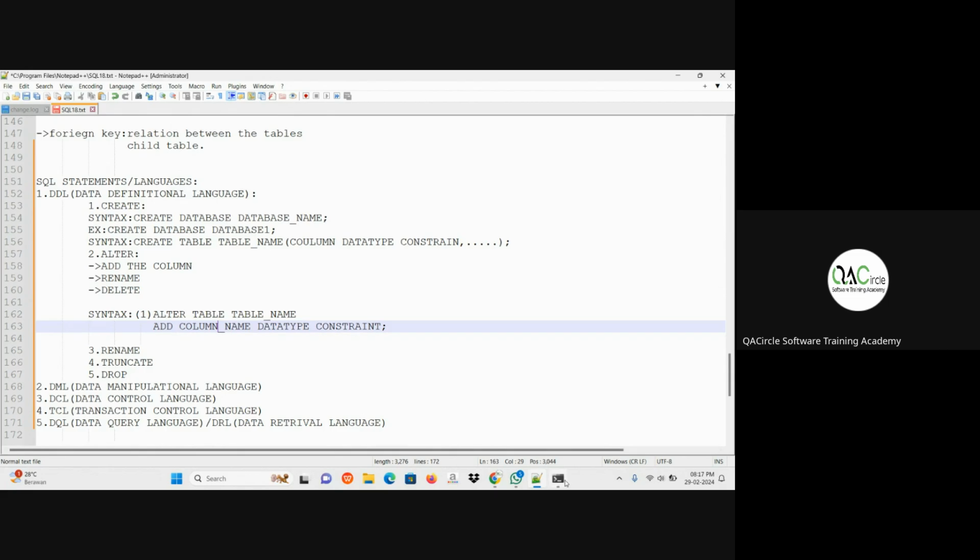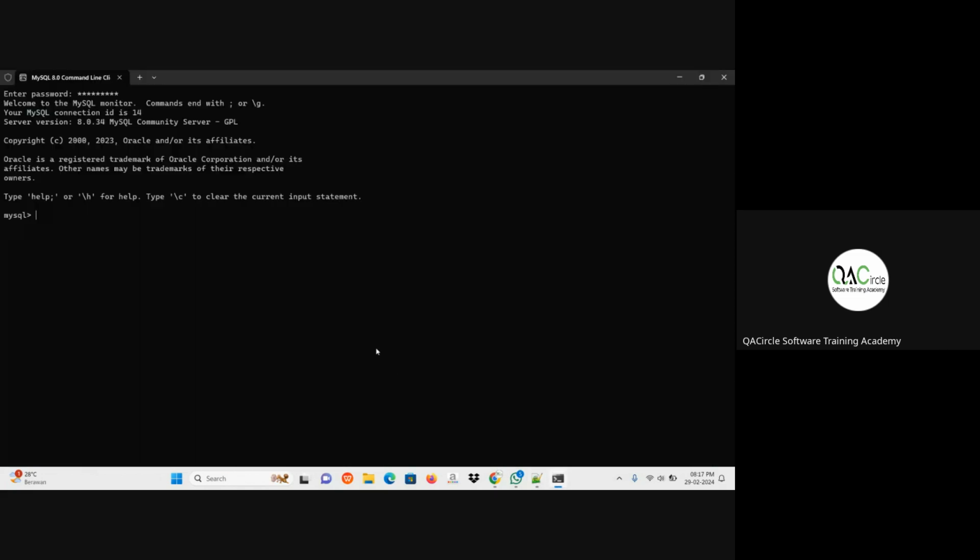For example, how to select the database? Command: use database name.